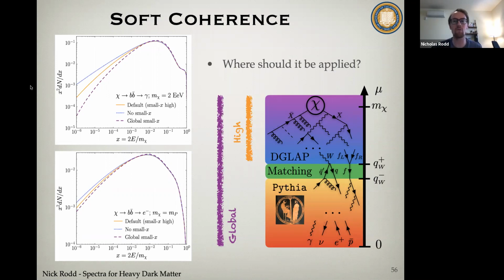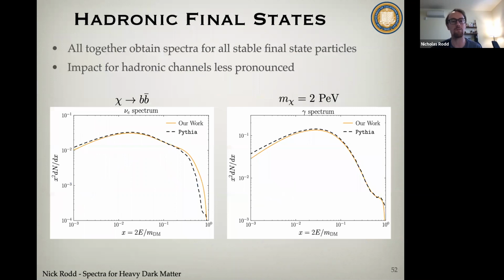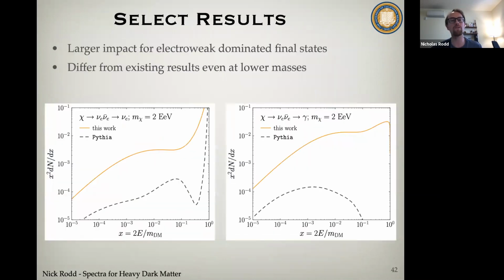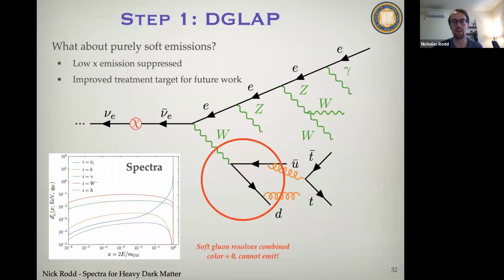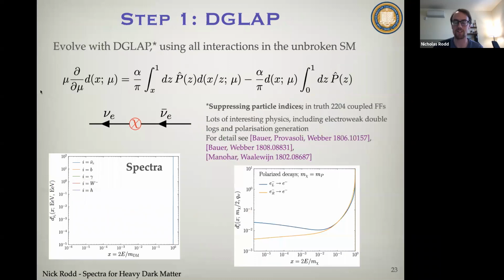And actually, a lot of the formalism that we are building on in our work here was all developed knowing that this is going to be important at a 100 TeV collider. I had these references here. For example, there are many more, but these works have shown that electroweak effects can change a number of observables by order 1 compared to not including them at a 100 TeV collider.